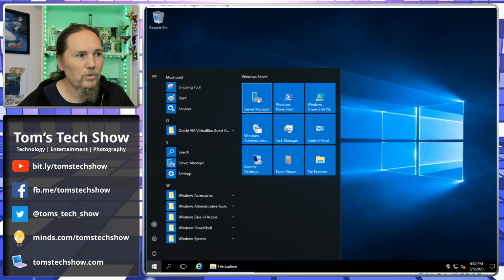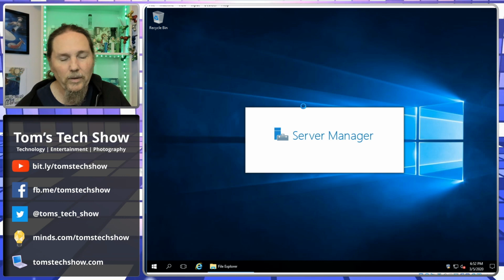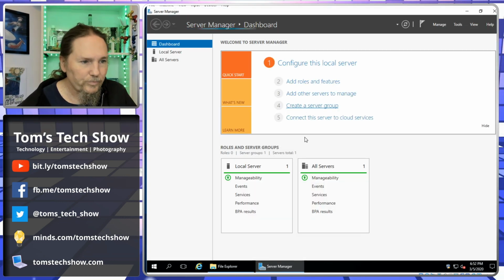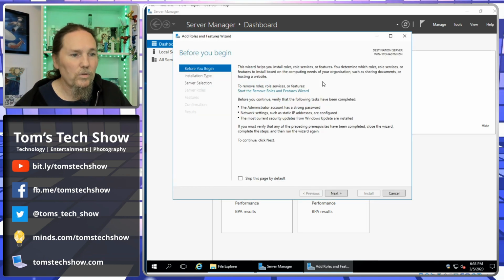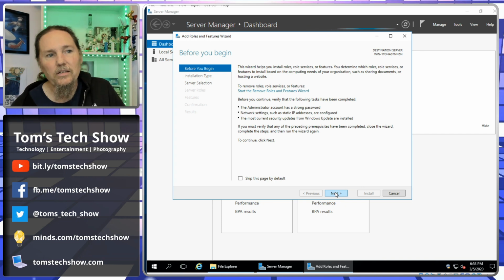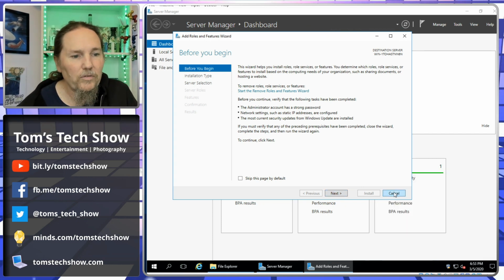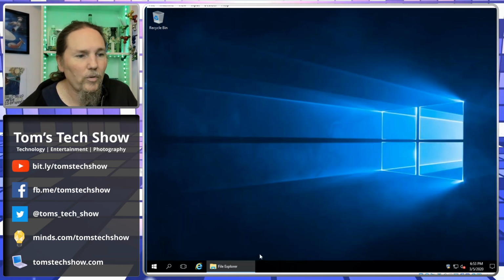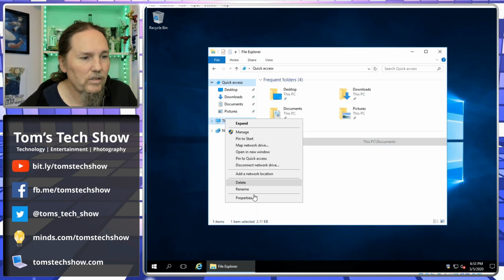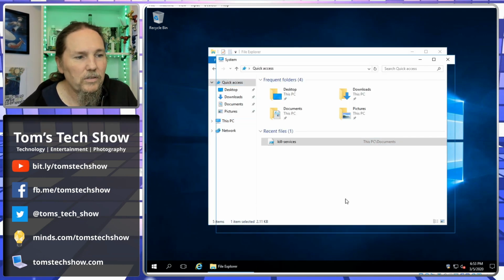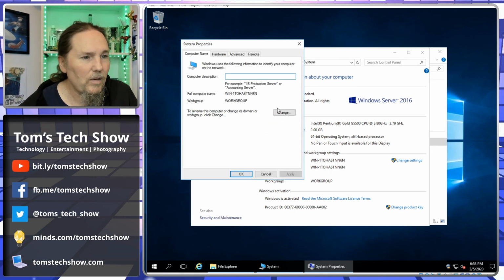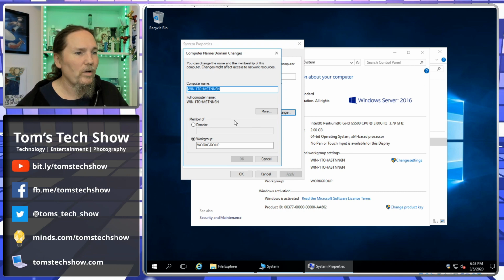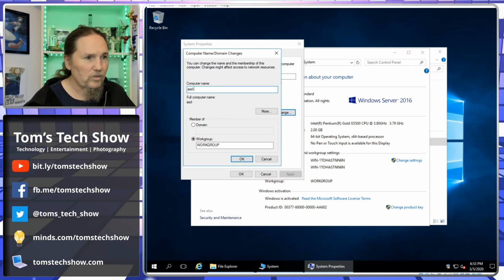Now we need to go to Server Manager to set up our domain controller. So we start out with, of course, Add Roles and Features. But there are a few things we have to do first. Before we do that, we have to come in here, say This PC, Properties, and we want to name it something. Right now it's the default Windows name, WIN-1TL, whatever, blah blah blah. So we're going to call this